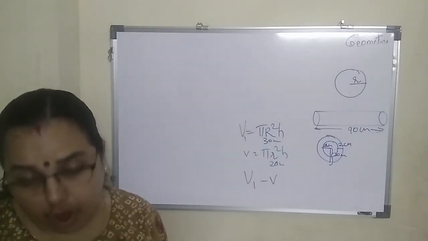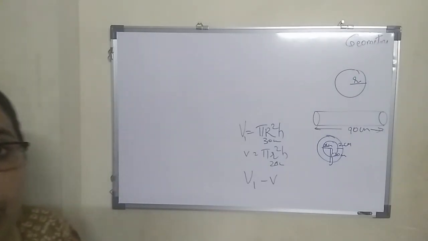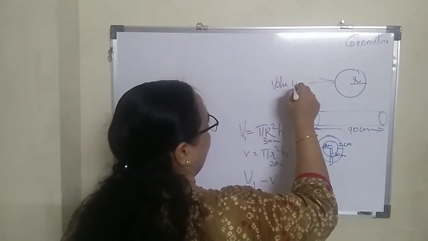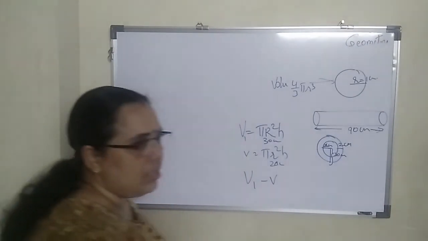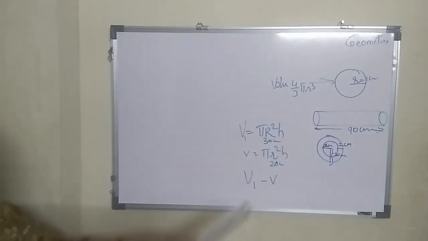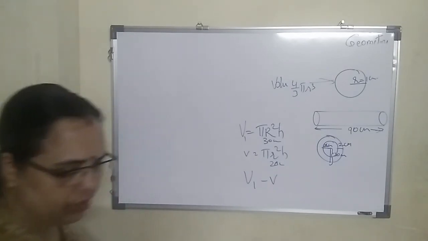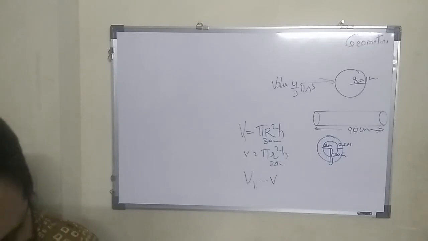So once you get the volume of plastic used, now what is the question further? They are asking us to find how many balls were melted to make this tube. So plastic balls, what is the dimension? Sphere. So what is the dimension only needed? Radius. So what is the volume of a sphere? 4 upon 3 pi r cube. What is r given? 1 centimeter. So now you know for one ball this much volume is there. But for how many balls will this happen? So how do you find it? We do the calculation for that, and you are going to help me to do the calculation, girls. Is that very clear? So start.